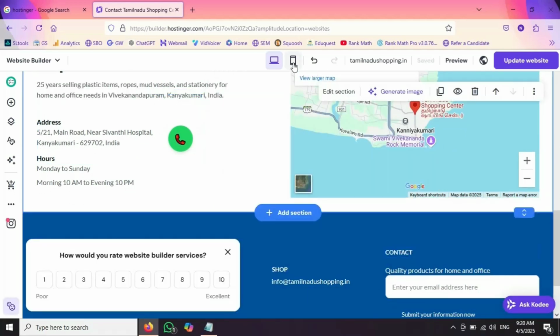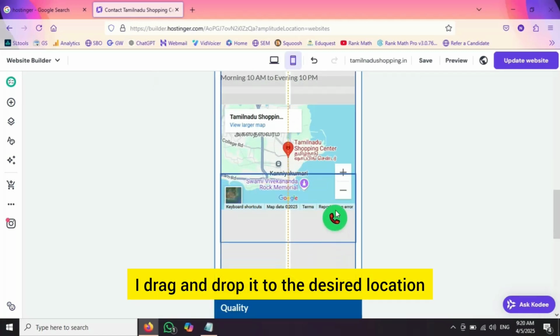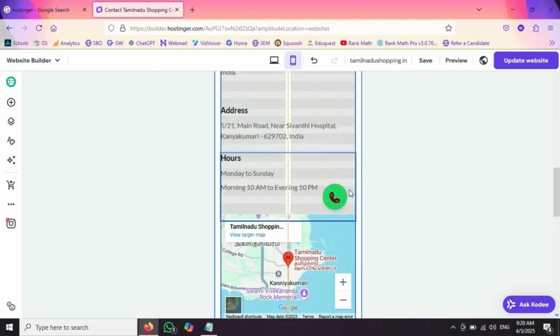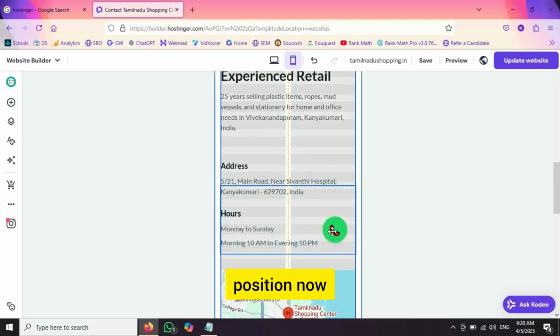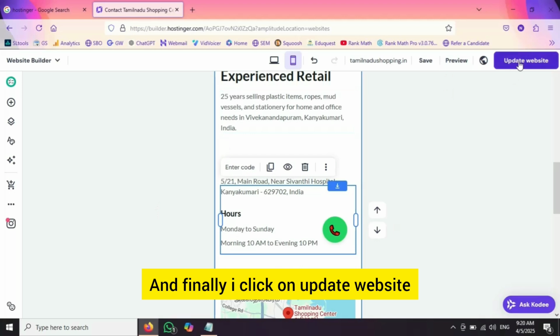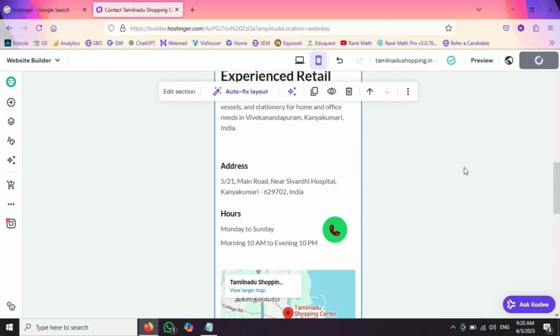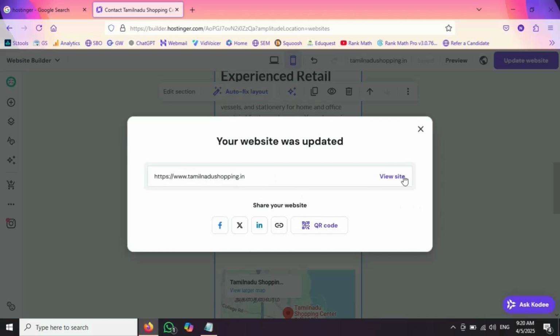For the mobile version, I drag and drop it to the desired location. Adjust the position now and finally I click on update website. Now the website changes have been published. I click on visit site,